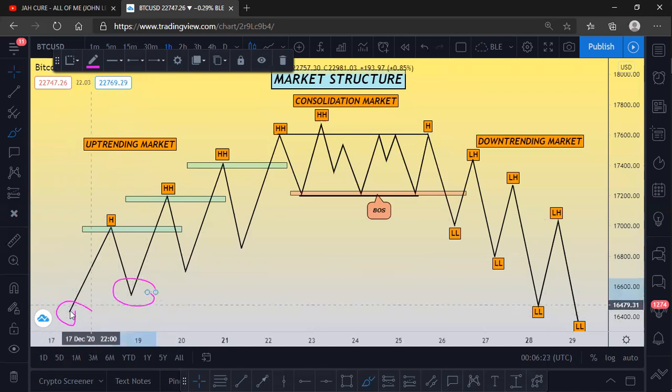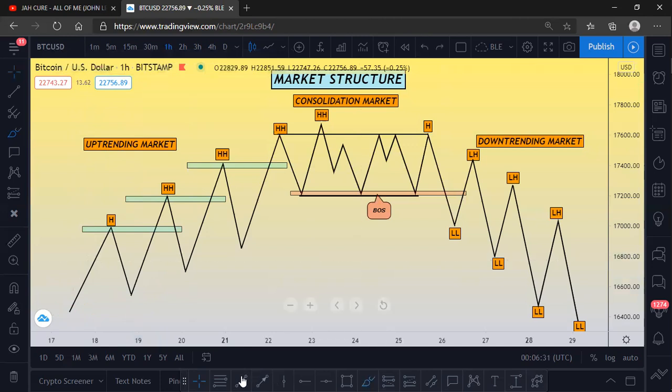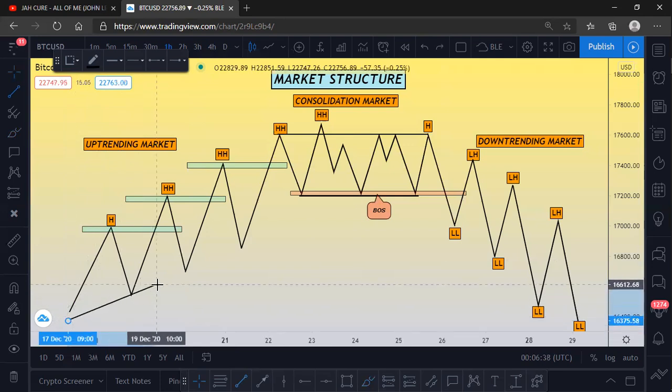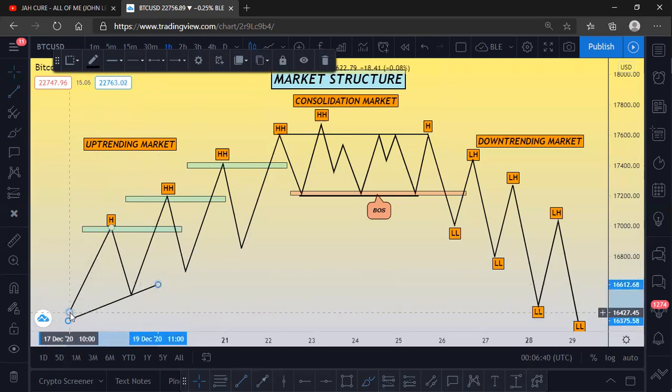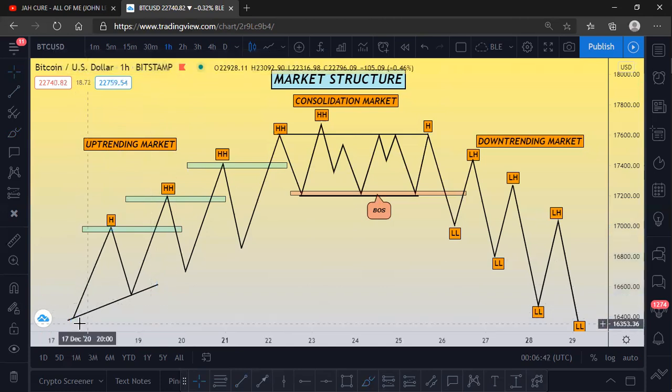We have two data points now that we can look to connect together. How do we connect it? You just bring out the trend line. Let me see, I'm drawing something from here to here. Okay, so let's say this was here. All right, good. So now we don't have this other information here. We only see price came down here, went up, came back down here. So now we see that price is rejecting off this area.